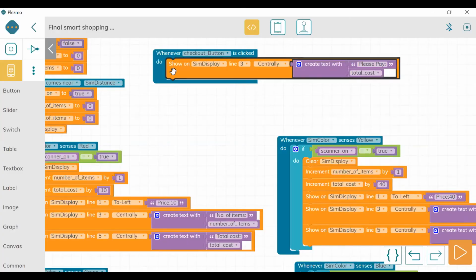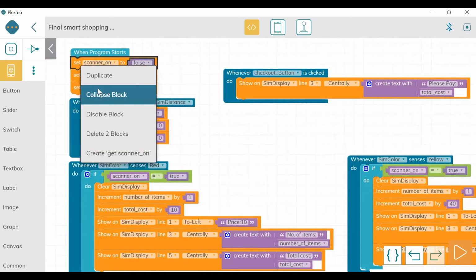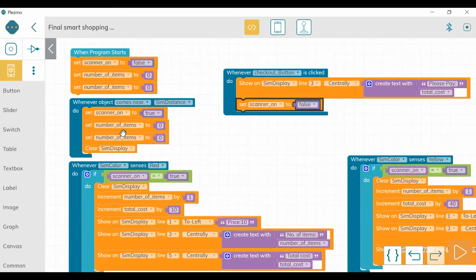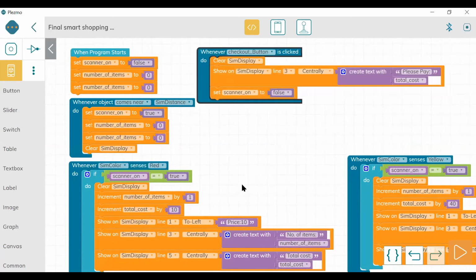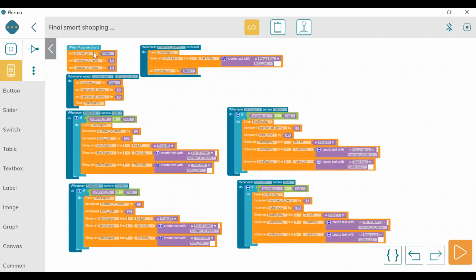And what we can do is we have to set the scanner off. That is the most important part, because once you are done with the billing, you have to put the scanner off, and before that you have to do clear display also. So here it is clear display. I hope it is clear now. See, on the one screen we have 5 loops here and one when the program starts. So when the checkout button is clicked, when the distance sensor is activating the color sensor, and when all 4 colors are being scanned by the color sensor. So let's check now in the simulator.